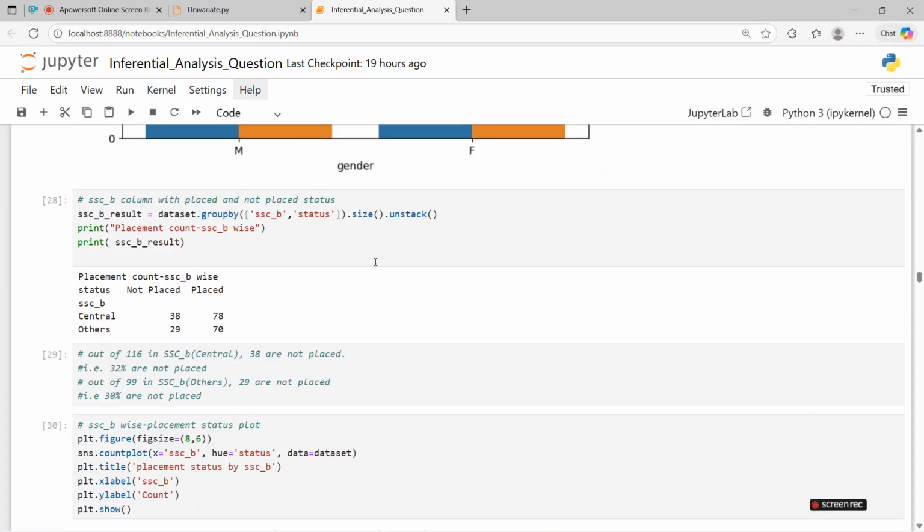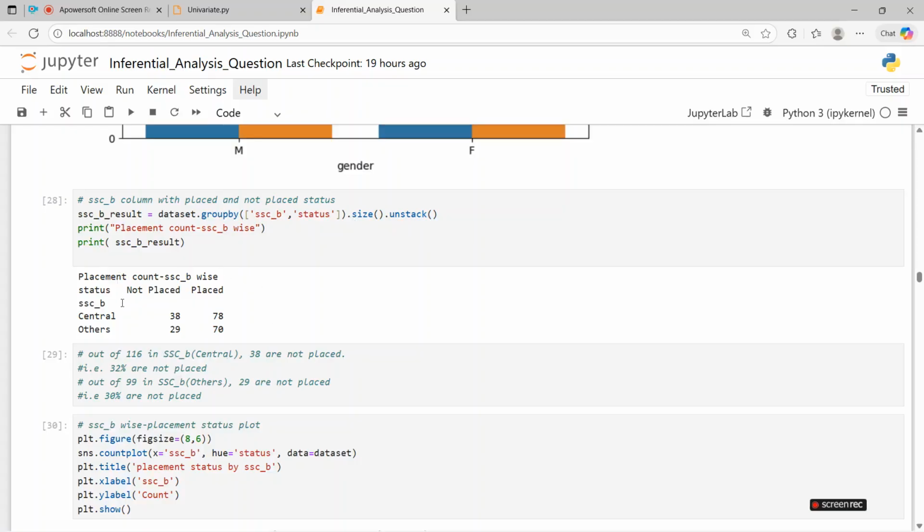So the next column is the SSCB column, 10th board, which has two categories, central and others. We are grouping them in a similar way to how we did for gender and status. Here we are grouping them by SSCB and status. We are using the same method, like dot size and dot unstack, for getting the result out in the tabular